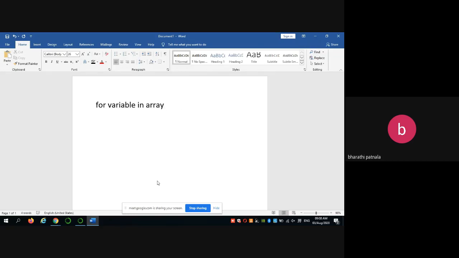Anything you can specify here. Based upon that, colon and write the block of statements.